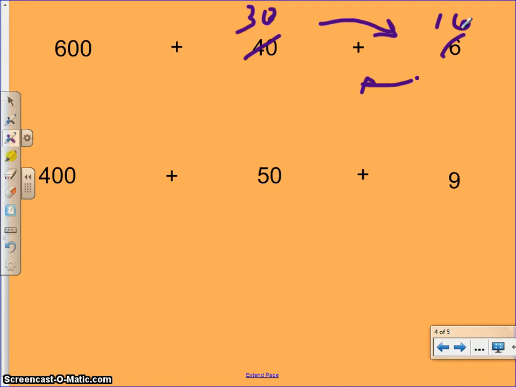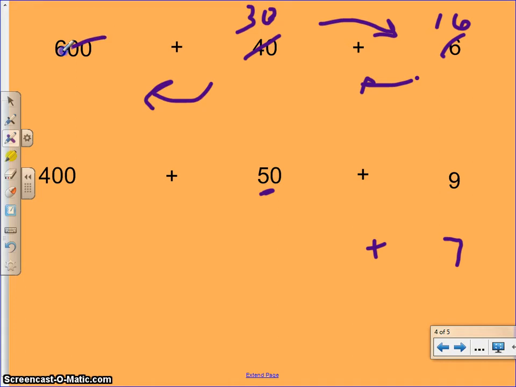Now I have 16 ones and I can subtract. 16 ones minus 9 gives me 7. Now I can go over to my tens place and start subtracting, but once again I run into the problem where my tens place is smaller on top than it is on the bottom, and I can't take 50 away from 30. I don't have enough tens to do that. So again I have to go next door